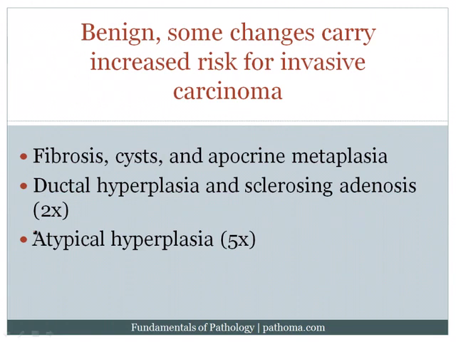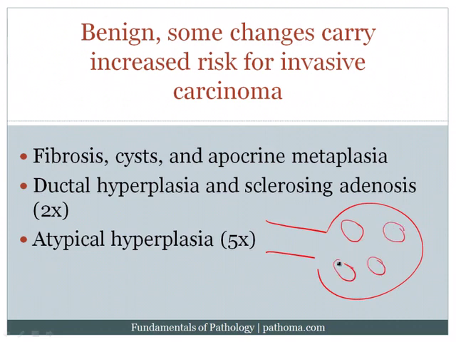Examiners do ask about this, so I'm going to discuss it. The idea here is if you've got the normal terminal duct lobular unit, remember that normally, in this normal unit, you should have 3 or 4 glands. Now in adenosis, what happens is you have too many glands. So instead of having 3 or 4, you have, I don't know, 10 or 15, for example. That would be adenosis. And then sometimes you can get some fibrosis associated with that adenosis, making this area quote-unquote